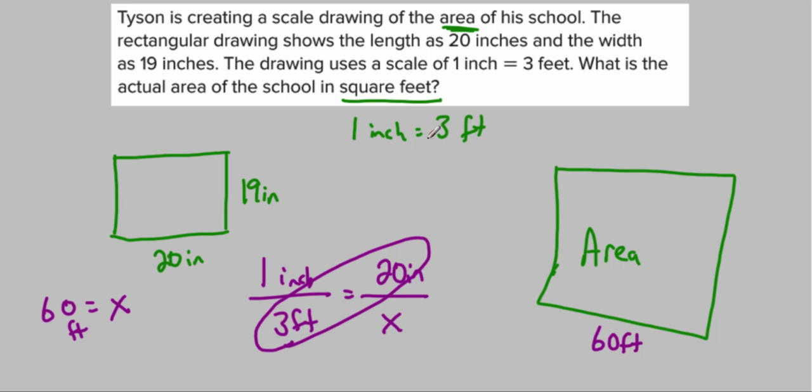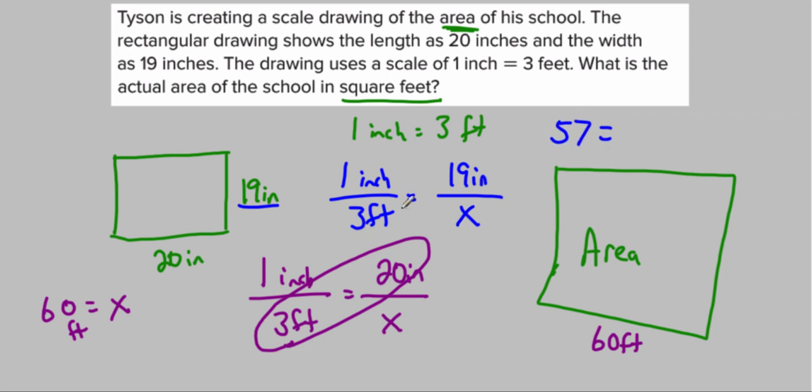That's my base. Then I do the same thing with my width. 1 inch to 3 feet is equal to 19 inches over something. 3 times 19 gives me 57. 1 times x gives me 1x, or just x, so I get 57 feet. So I've converted each one of my units into their new actual measurements based on my scale, and now I go ahead and find my area, which is really just base times height. So I do 60 times